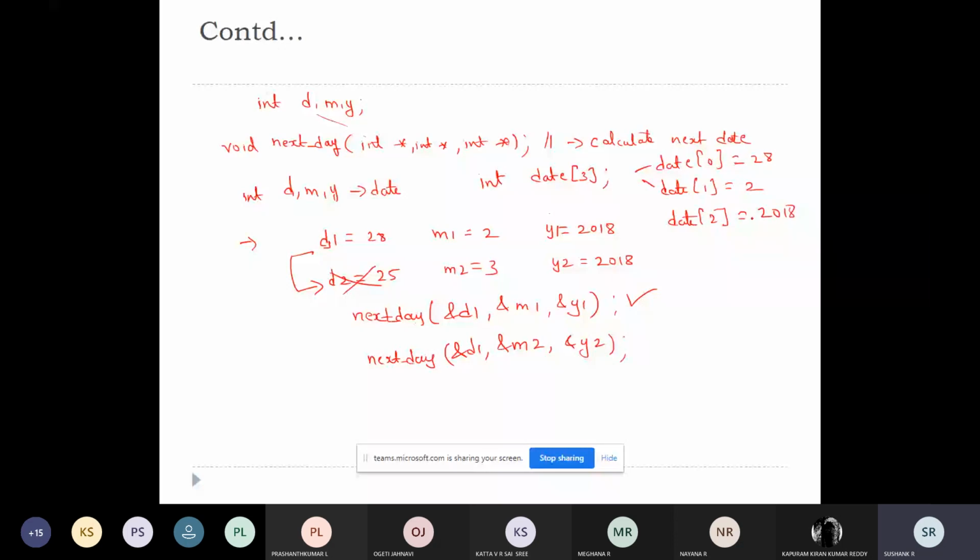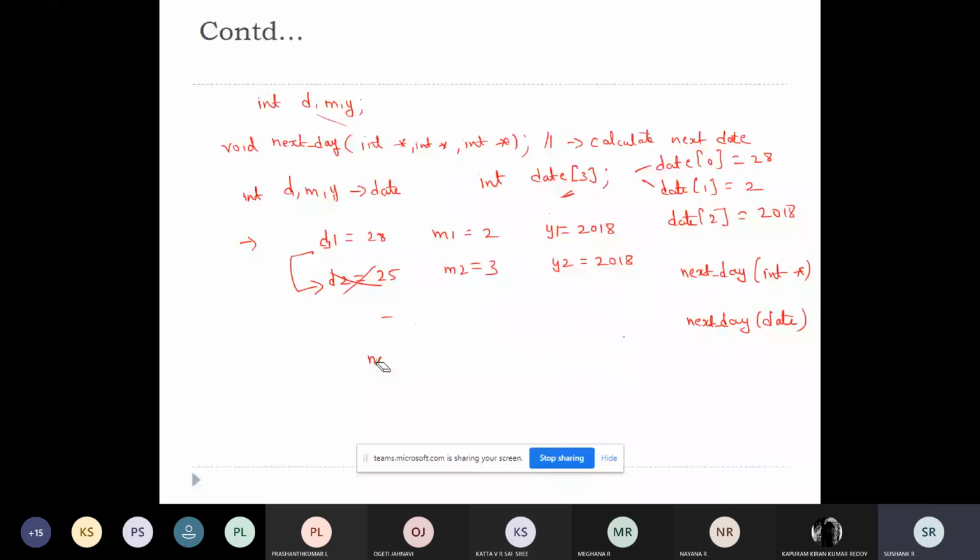So now you are trying to represent this in terms of an array, and also you'll write a function called next_day, which will read this array. It can be like next_day of date, because date contains these three parameters. Now I'm considering these three parameters as an array, and I'm also modifying this next day function, and I'm calling this function with date.